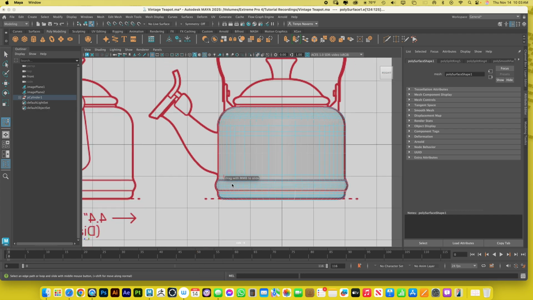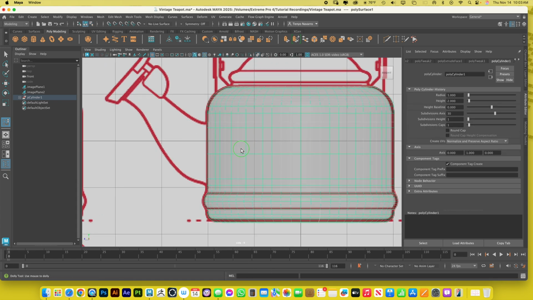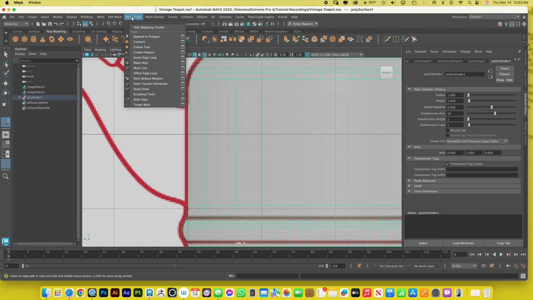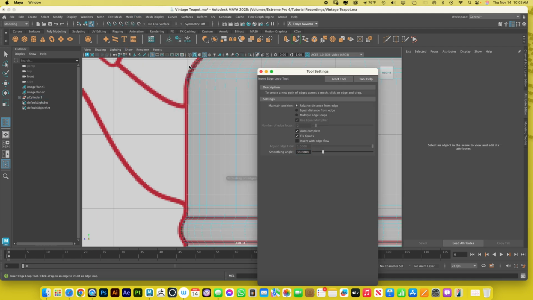This is where you need your middle mouse button. See, middle mouse button, because you can move these now. But I don't want to move it. I'm just showing you that that's an option. I'm gonna insert maybe 3 here and 3 here. Insert edge loop. I'm gonna click on multiple, and I'm gonna change this to 3. It gives me 3 equal spacing lines. So 3 here